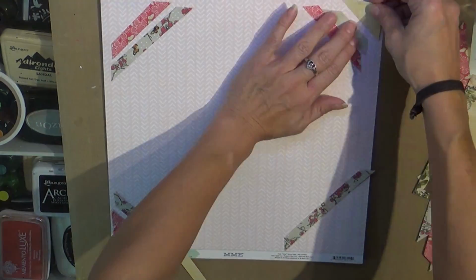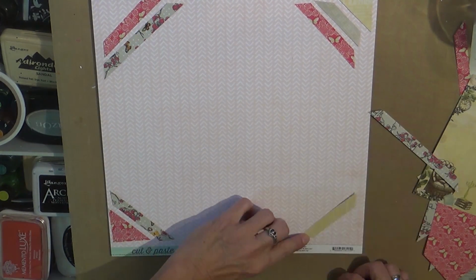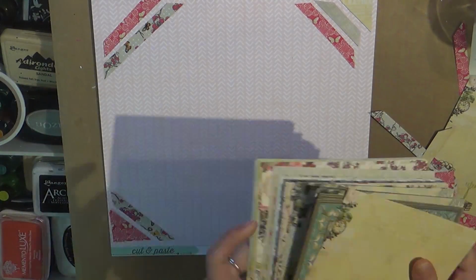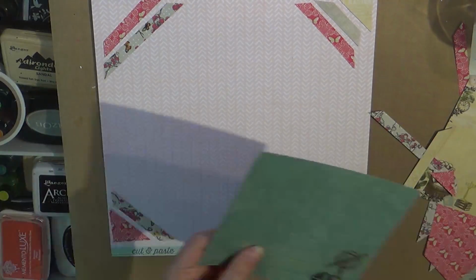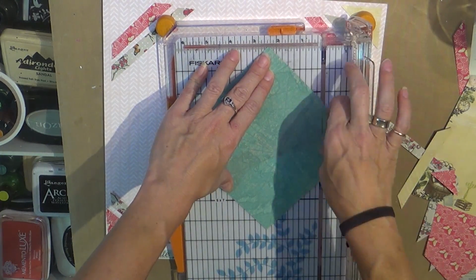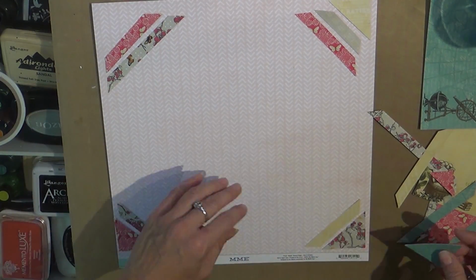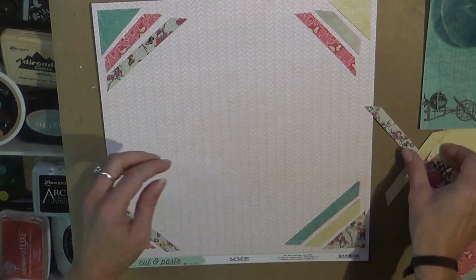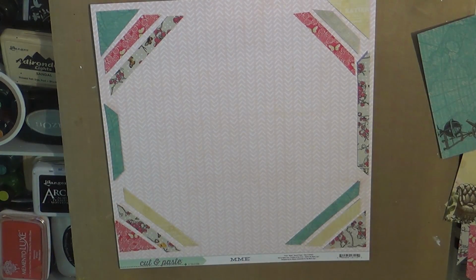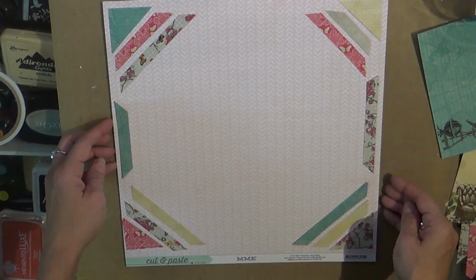But I decided to take some of my 6x6, and there's really no rhyme or reason or measuring even. I'm just cutting up pieces and putting them around the page. And the background is a 12x12 of the My Mind's Eye cut and paste. And it is a really pretty soft pink, and then the 6x6 are like a bold,